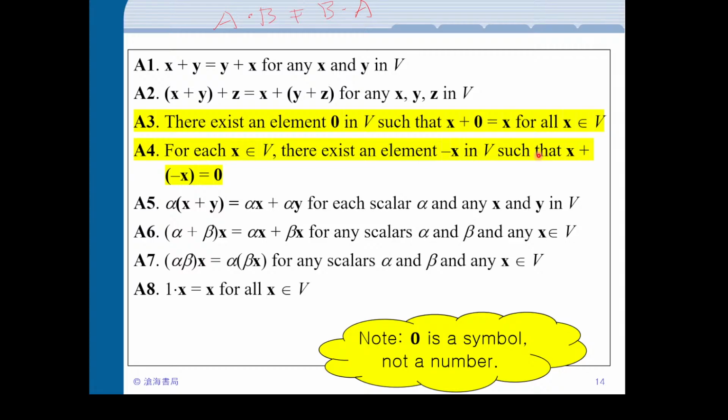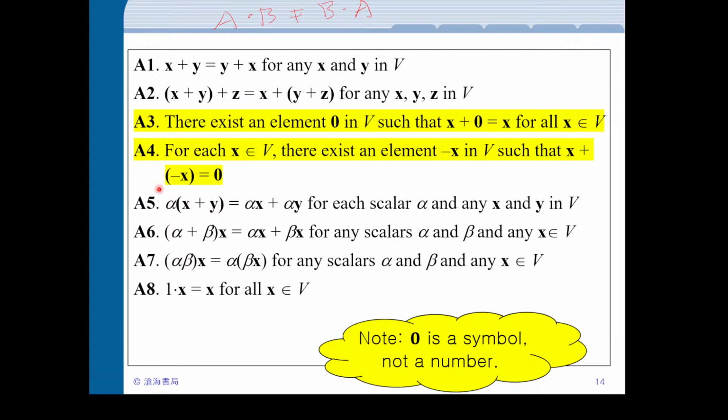So everything has an inverse. It's a thing that you add to your element, and then you get back to this 0 vector. So you need to define the 0 vector, and this 0 vector is this 0 vector. Okay, and